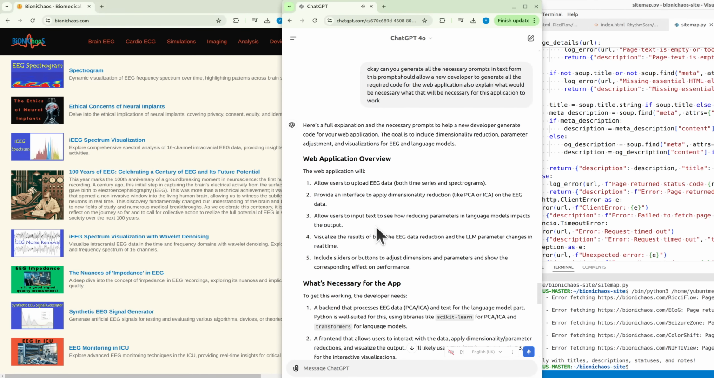Here's a full explanation and the necessary prompts to help a new developer generate code for your web application. The goal is to include dimensionality reduction, parameter adjustment, and visualizations for EEG and language models. Web Application Overview. The web application will: